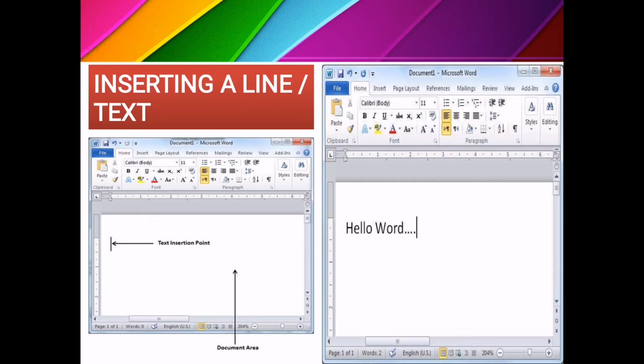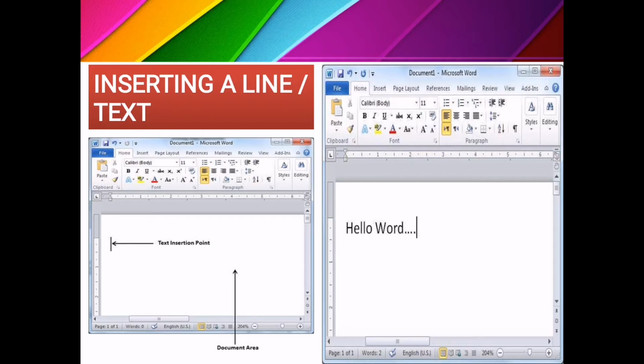Here they are showing the text insertion point, which we call a cursor, which tells the position of the cursor in the document area. The white large space we call the document area. Around the document area the ruler is present. Top of the document area, the title bar and ribbon are there. Below that, the document status bar is available, a screen element.